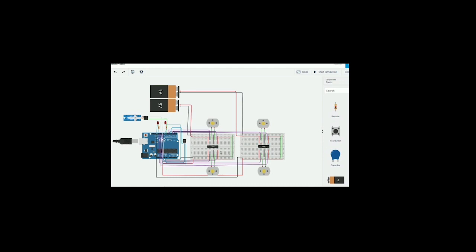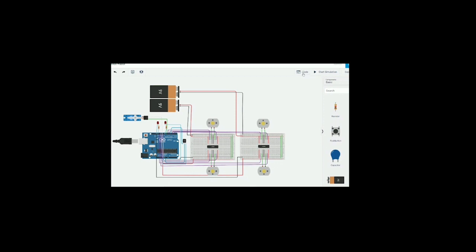Along with these 4 DC motors, we are actually using 2 conveyor belts, but unfortunately we are not showing it in the simulation part as a conveyor belt is not available in Tinkercad. However, we are using it in our project. These 4 DC motors rotate at a constant speed, so the conveyor belt also rotates. When the DC motor starts rotating, the conveyor belt also rotates at the same speed as the DC motor. When the disc touches the conveyor belt, which is rotating at a certain speed, the disc also rotates at the same speed, and now it is launched out of the disc rotating unit. In this way, the disc is launched out of the whole disc rotating unit.